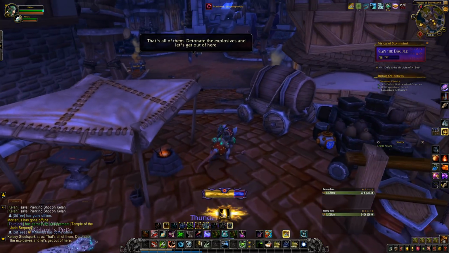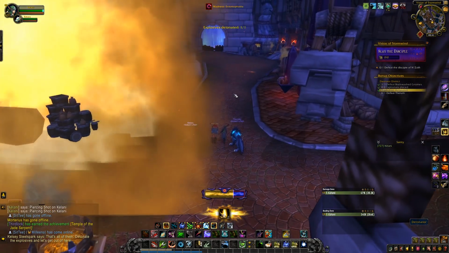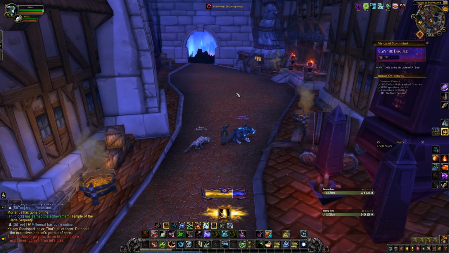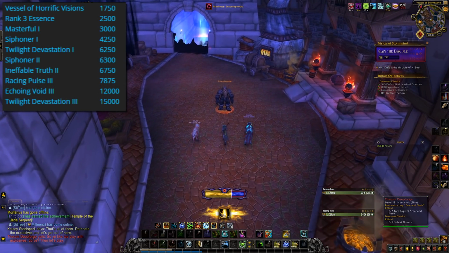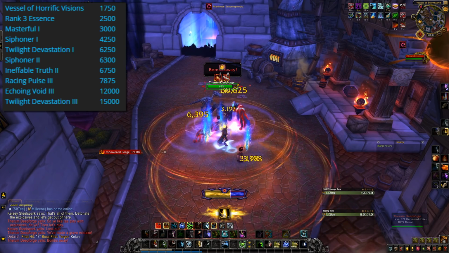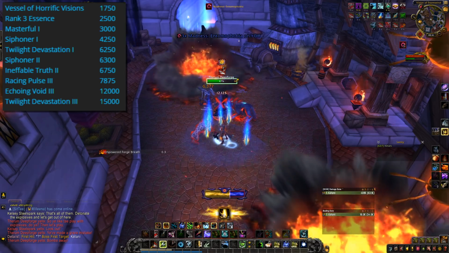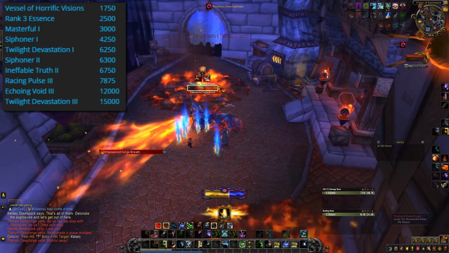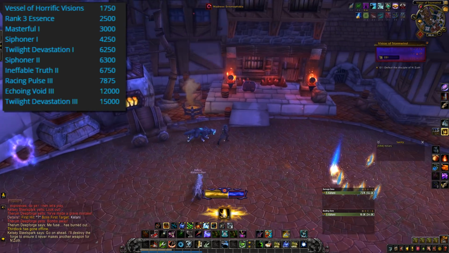So we know what currency we're using, but how many echoes do we actually need? We don't have access to the vendor yet obviously, but we did get a preview from the blue post that announced these changes. Hold on to your skirts, some of these effects are going to be expensive. I'll put the little list that they gave us up on screen so you can see for yourself, but a Masterful 1 corruption effect will cost you 3,000 echoes, a Siphoner 1 will cost 4,250, a Twilight Devastation 1 will cost 6,250, a Siphoner 2 will cost you 6,300, Ineffable Truth 2 will cost